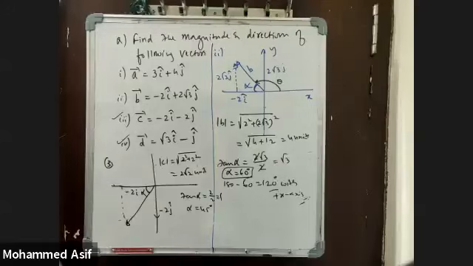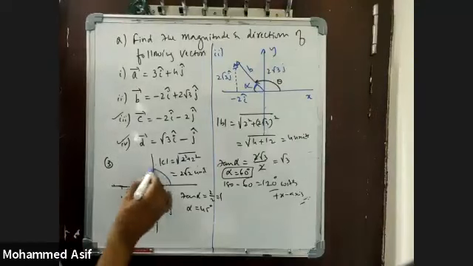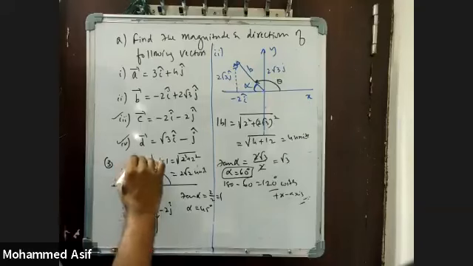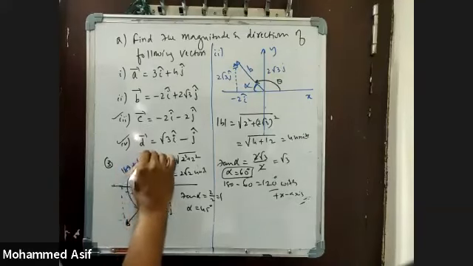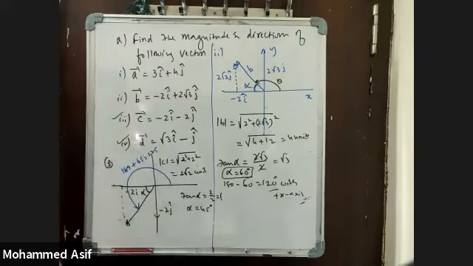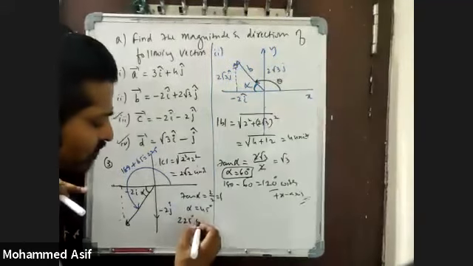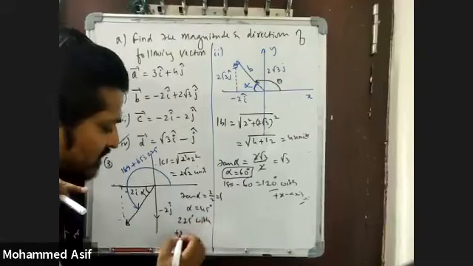So with the positive x-axis means from here we need to get this angle. So this will be 180 plus alpha. Alpha value is 45. That will be equal to how much for me? 225, isn't it? So the answer is how much? 225 with the positive x-axis.